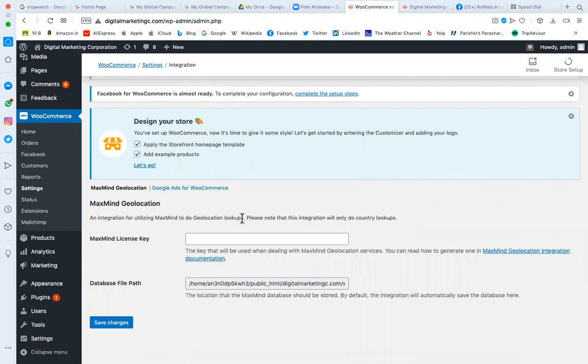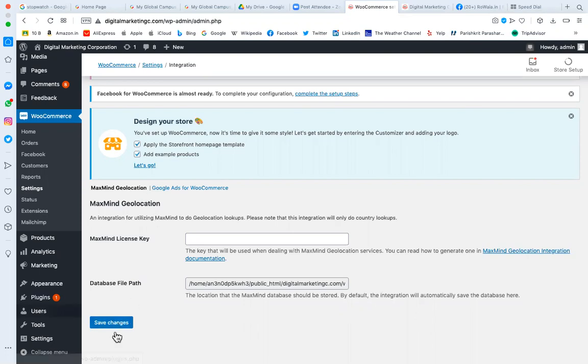And on mobile, the majority of people have location on. So you have to go and create an account on the geolocation integration, generate the license key, come back and paste that license key, and then save changes.